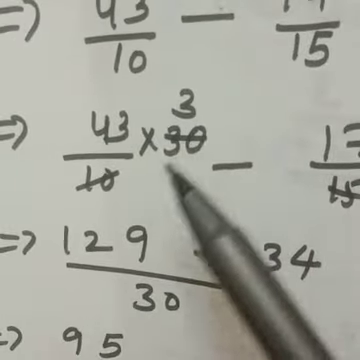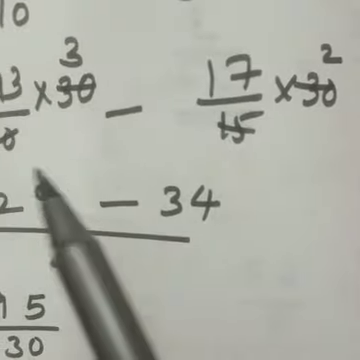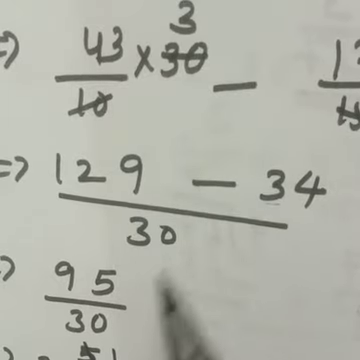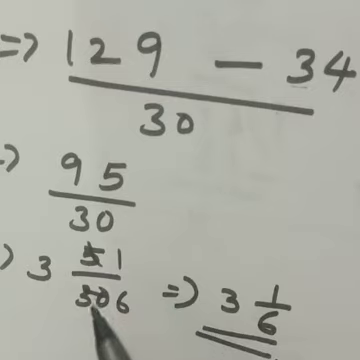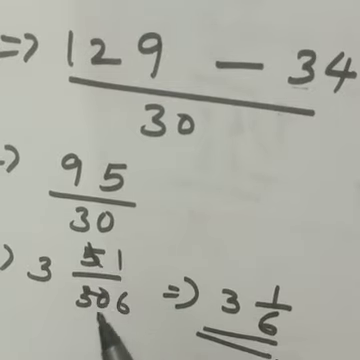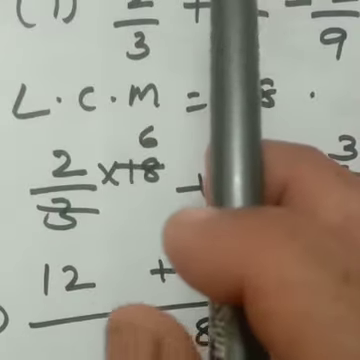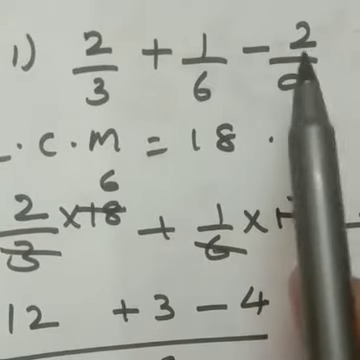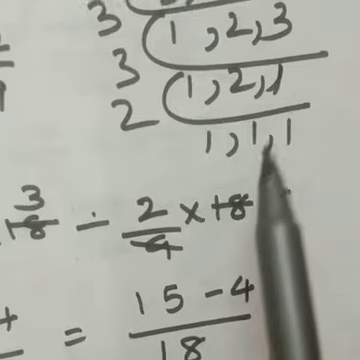So 30 cutting, you will get the numbers; out of this you have to subtract and divide. Here 5 by 30 you are getting as the numerator and denominator, you can cut it out to 1 by 6. Next, to simplify, same procedure. 2 by 3 plus 1 by 6 minus 2 by 9, 3, 6, 9, LCM